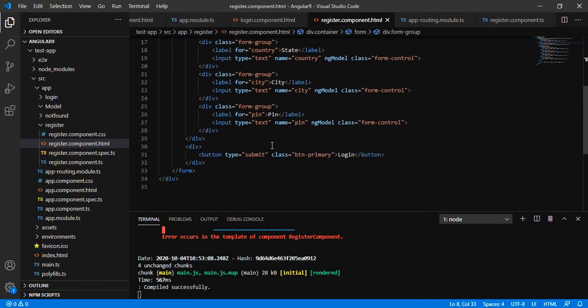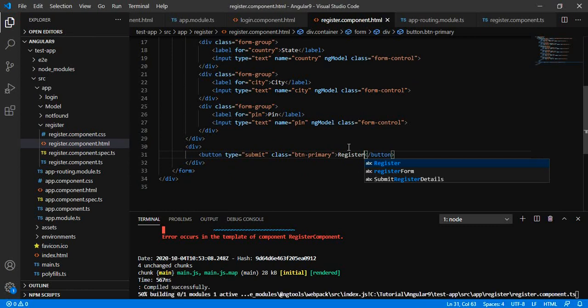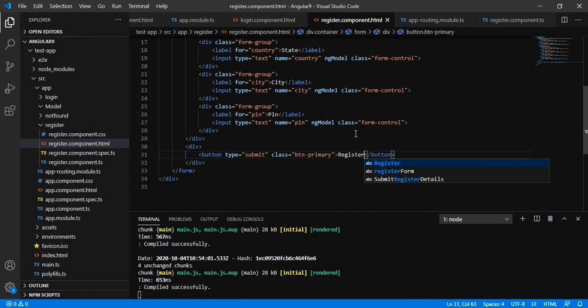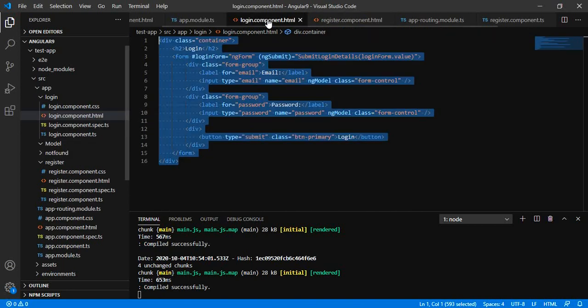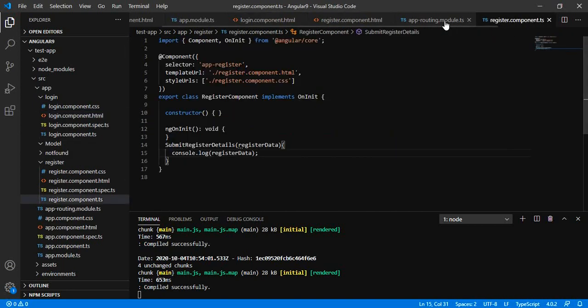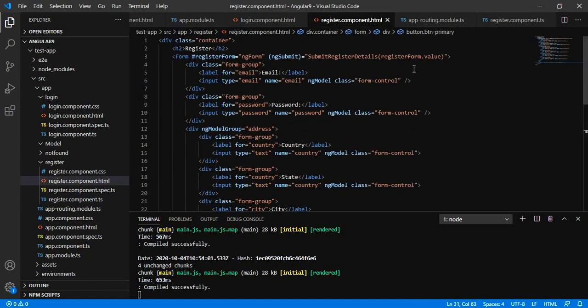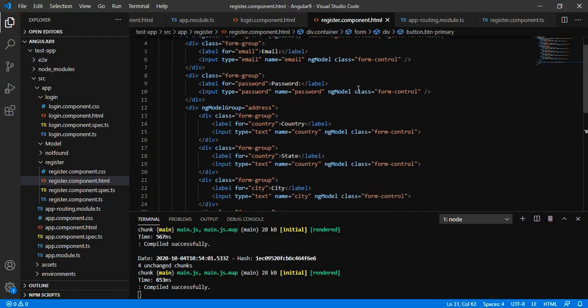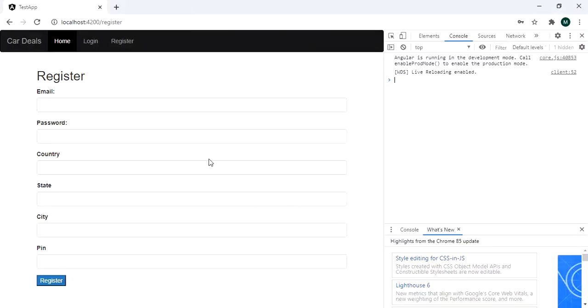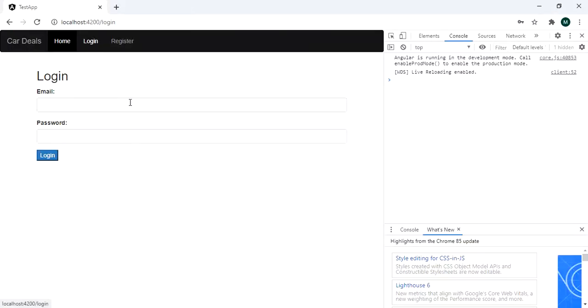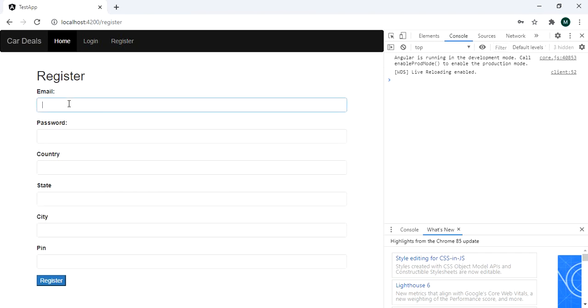Let me change this to register. So we are all done with ngForm, ngModel and ngModelGroup.